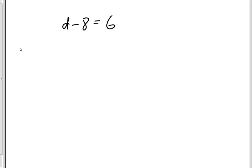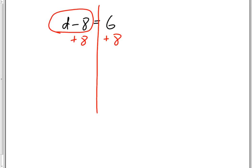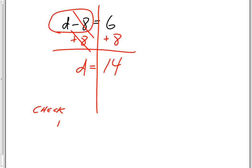Same goes for this. This is what I need for all quizzes. The next time you have a quiz, make sure that you put in a wall. Did everybody put in a wall? Check and see. If you didn't, you probably got 1 point taken off. If you didn't circle the side that the variable was on, I probably took 1 point off. If you didn't do the same thing on both sides, I probably took a point off. If you didn't show your cancellation, that's just 1 point. D equals 14. If you didn't check your answer, if you didn't put 14 in, minus 8 equals 6, and 6 equals 6, and show me somehow that you tried to see if your answer was correct,